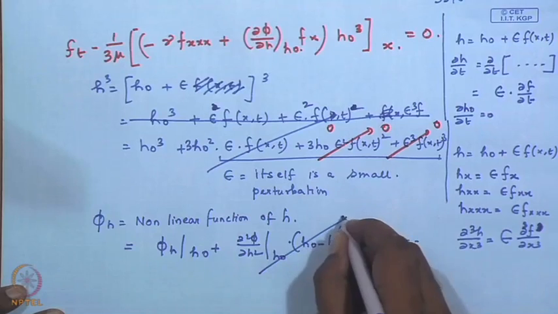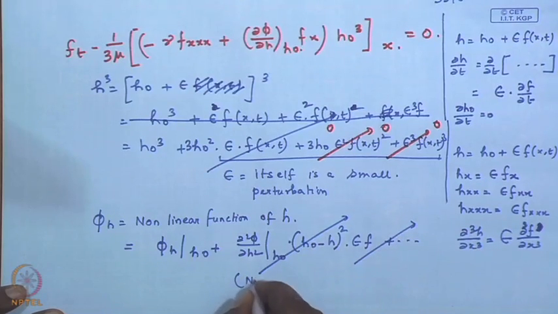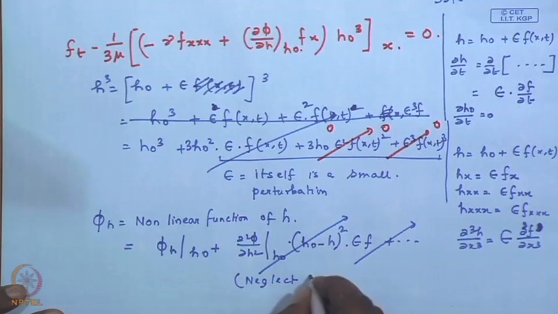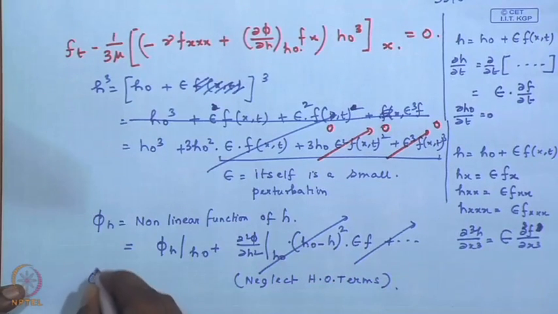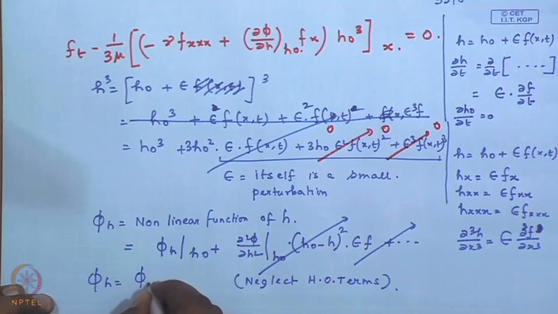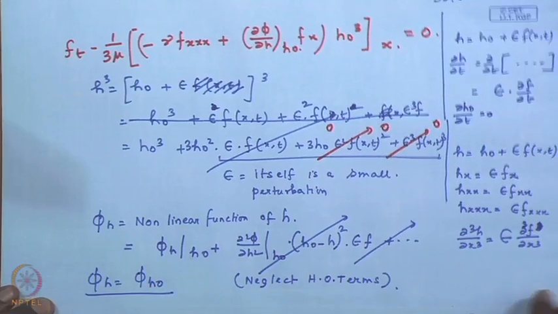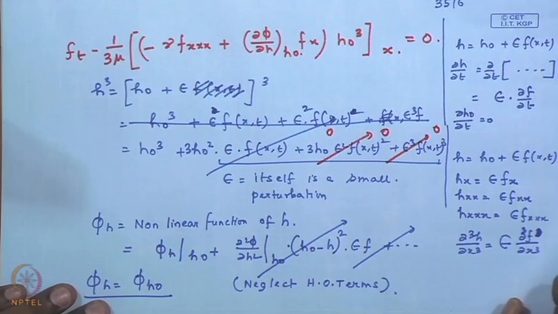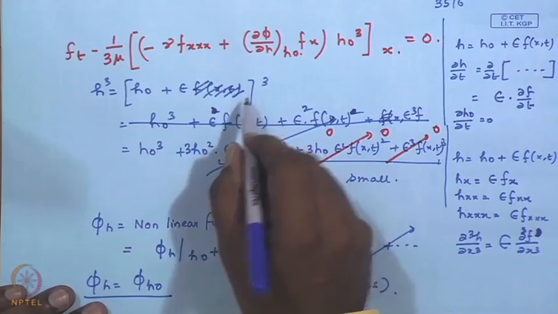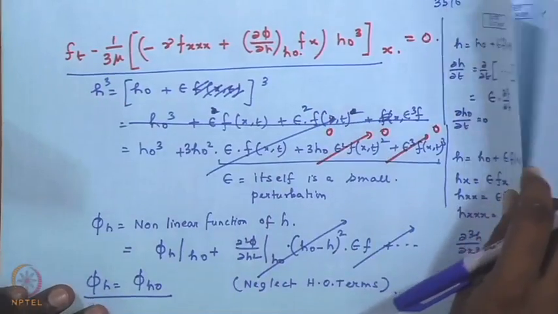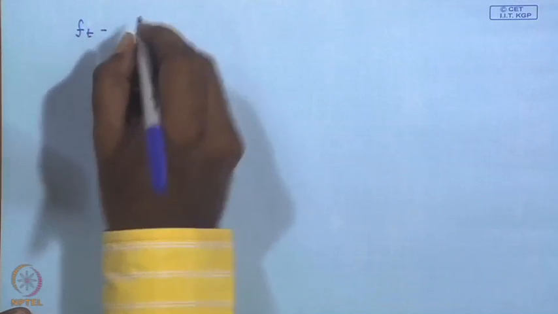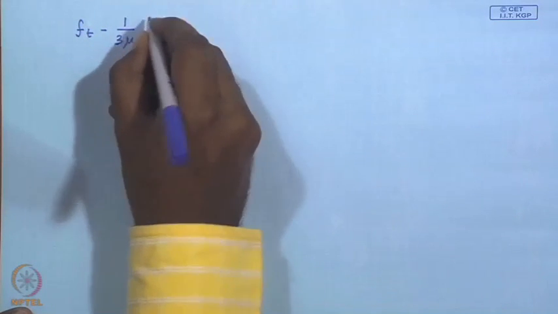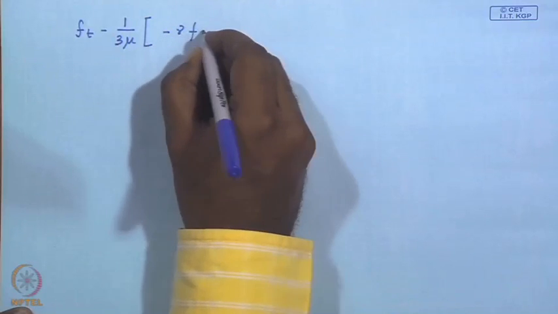So, if you neglect all the higher order terms, then you get phi(h) equal to phi(h0) as well. And therefore, you get to the final equation, which let us write again, which is f_t minus 1/3 mu gamma